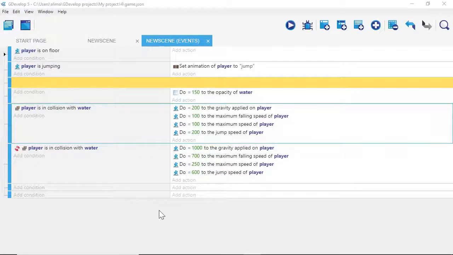Okay, so now that we have that variable made and attached to the player, what we want to do is, when the player is in collision with the water, we want that variable to equal 2. So just imagine the variable being a character holding up a sign saying 2. And whenever that sign 2 is held up, we want certain things to happen. So to have the variable basically equal to, or like my explanation to you holding up a sign saying 2,